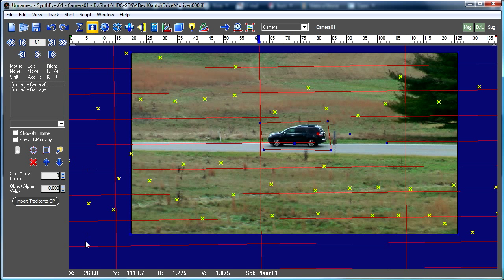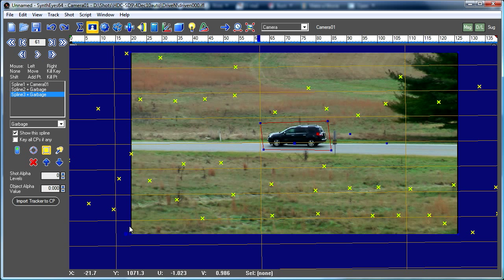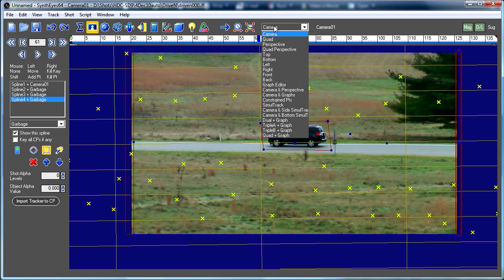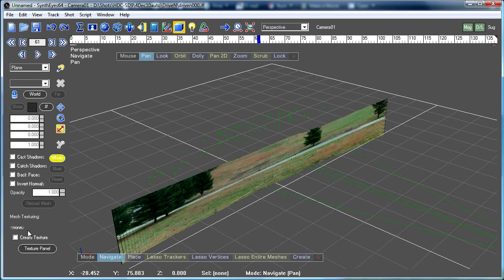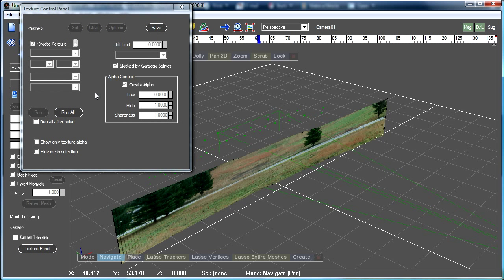So the thing to do when you have that situation and see that is to go back and just set up a little garbage mat right along that edge that says, hey, don't use this data, it doesn't mean anything. And that's exactly what we've got here. So I've just set up two little mats right there. And now if we go back, just setting this up so you can see, you can actually look